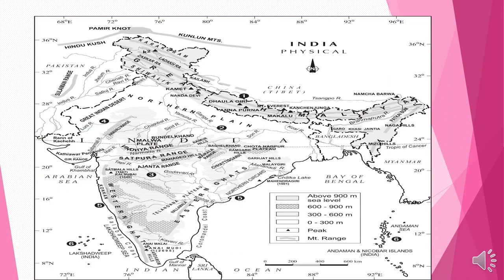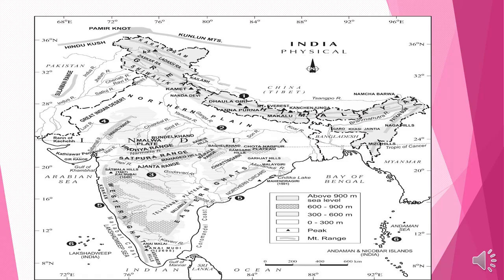Firstly, we will discuss map work. The northern border of India is covered by the Himalaya mountain, and the width of the Himalaya in Jammu Kashmir is 400 kilometers, and in Himachal Pradesh 150 kilometers. The Himalaya consists of three ranges: Himadri, Himachal, and Shivalik. The northern part, the upper part of Jammu Kashmir, is covered by Himadri, the mid part, the lesser Himalaya, is called Himachal, and the outer and southern part of the Himalaya is called Shivalik.